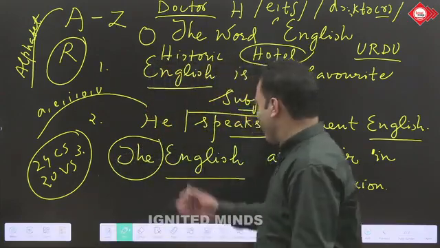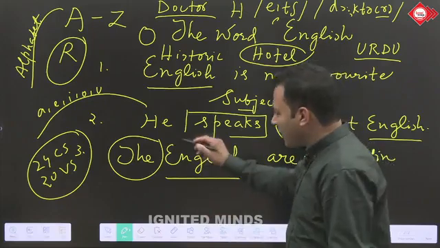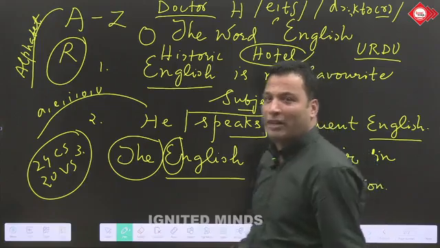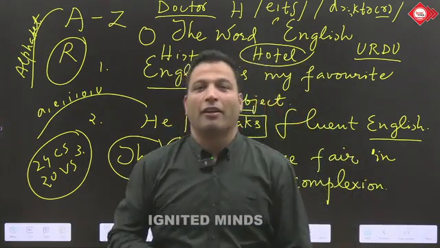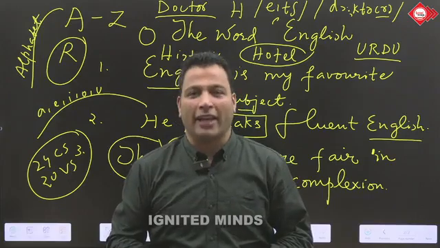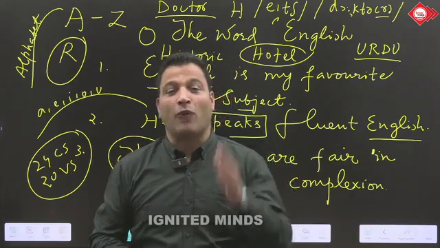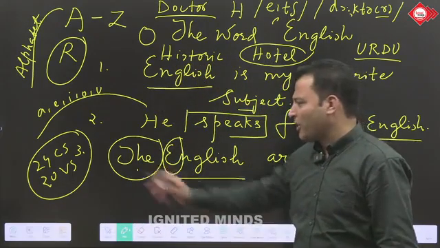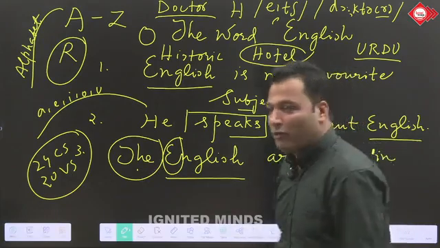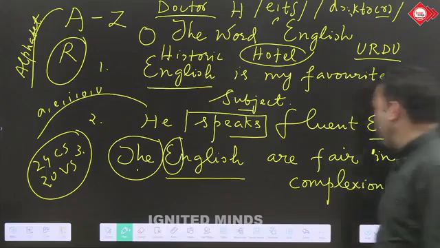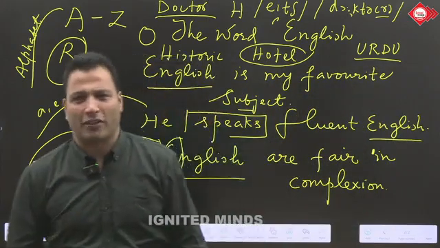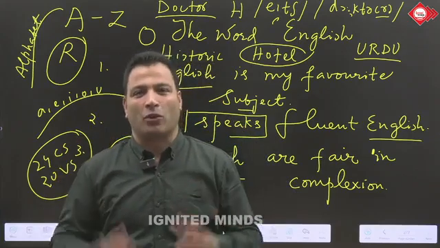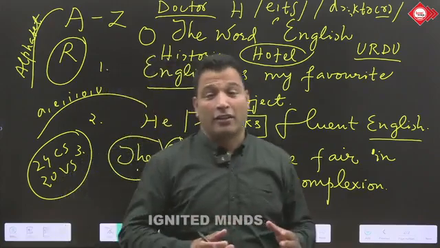And then here we have English, which starts with E. E तो एक vowel letter भी है और जो sound शुरू में देखा जाता है, that is E sound. English begins with E. Therefore, we have vowel sound, and if we have vowel sound, dear friends, what will be the pronunciation of THE? It will be "the" (दी). Therefore, we will read as "the English are fair in complexion". Fair in complexion. That means उनका जो रंग होता है, चेहरे का complexion होता है, वो fair होता है. And that is the complexion of the English.